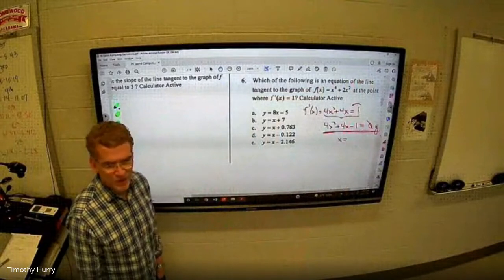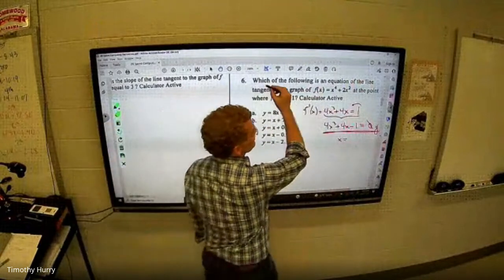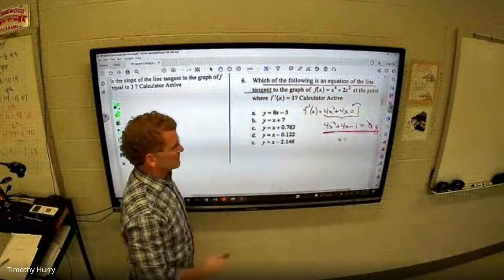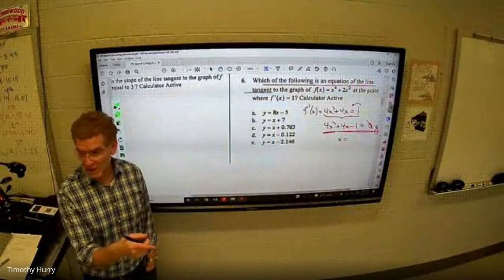What do I do once I find that x? Because I need to find the equation of the tangent line. What do I need for an equation of a tangent line? A point and a slope, right? I already have the slope,